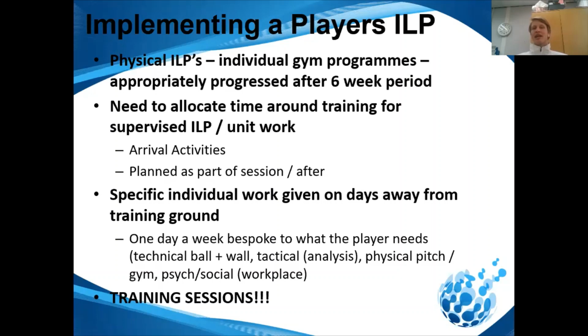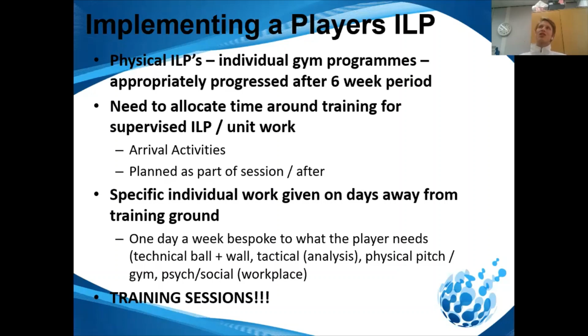And then I've put specific individual work given on days off away from the training ground. Typically at club level, even at intercounty level in London, we only had the boys training 2 times a week plus 1 team gym session. It wasn't enough. So we would say, right, on this day, it's typically a day off, on a Thursday or on a Monday or whatever it is, you're going to do an ILP session or some technical basic core skills, because we need you to work on that. But you also need to do a little bit of speed work in there, and then we want you to finish on some finishing, for example, some scoring, and you give them a prescribed session to do, so that they're not just going off and it fits into the load, the whole load program, etc. But it's specific to what the player needs.